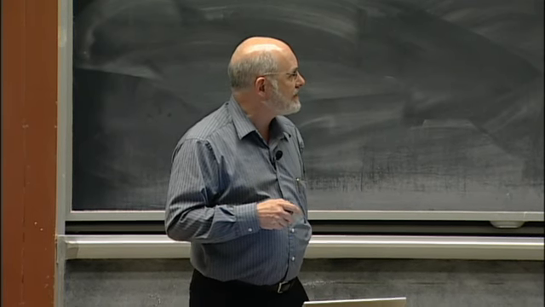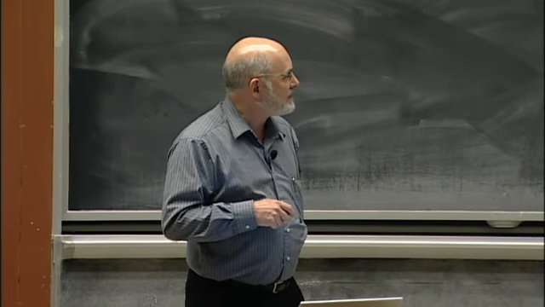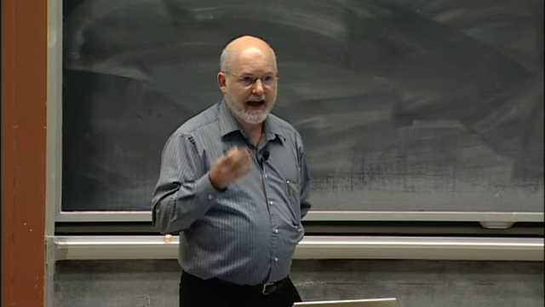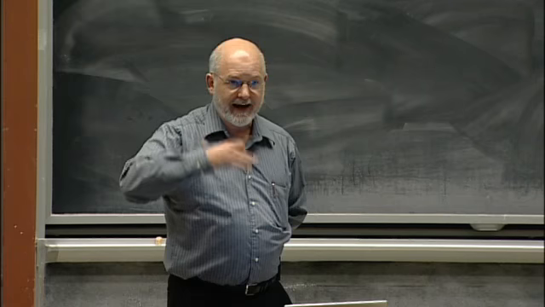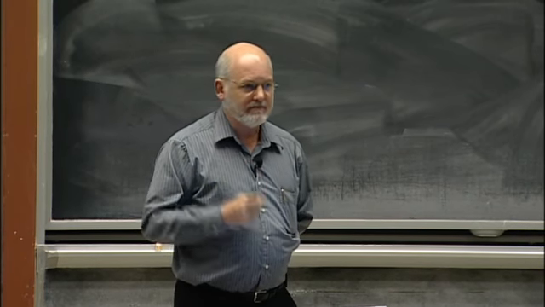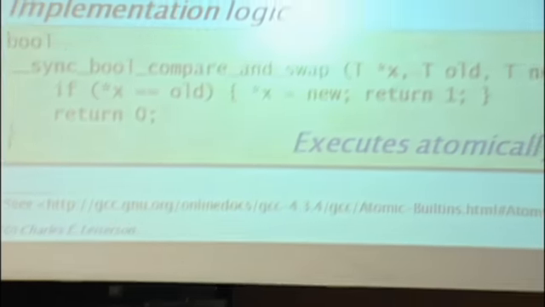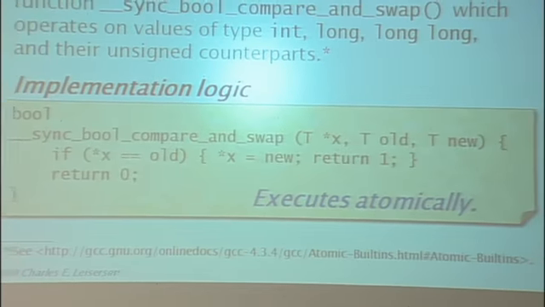There's actually two versions, one which says bool and one which says val. And if you do the bool version, it returns a flag. If you do the value, it actually returns the value that was in there. So it's more like a compare and swap. The main thing about this is this code essentially executes atomically with the single instruction, which is called,